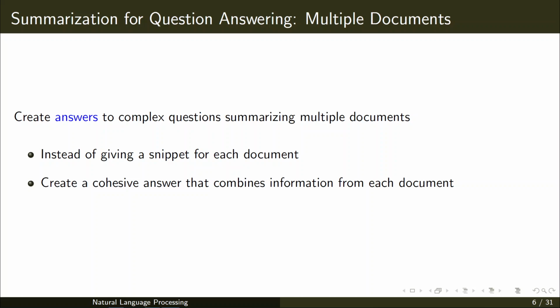Then summarization for question answering using multiple documents, whereas that was with the help of a single document. You can create answers to complex questions by summarizing multiple documents.